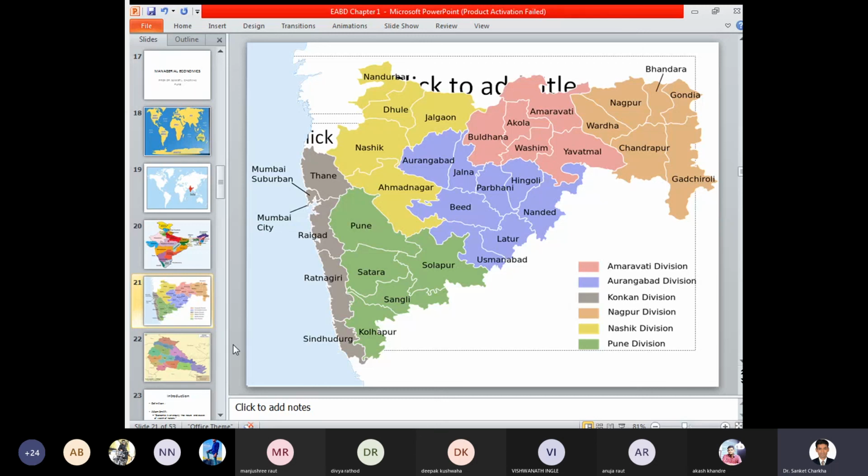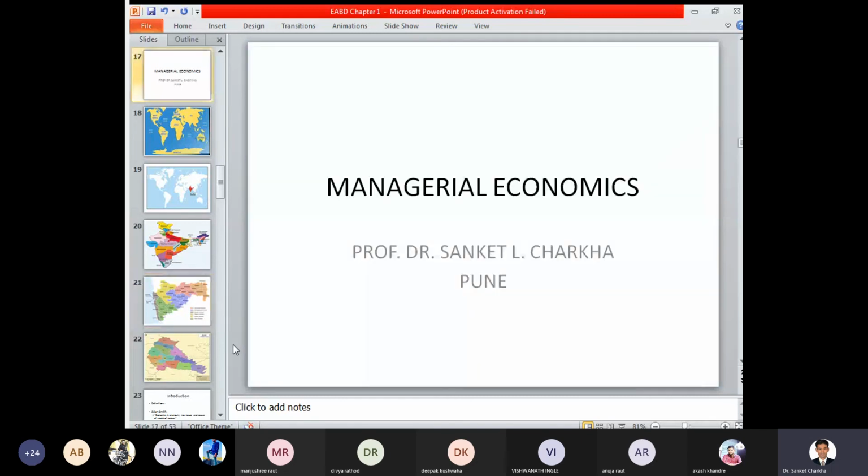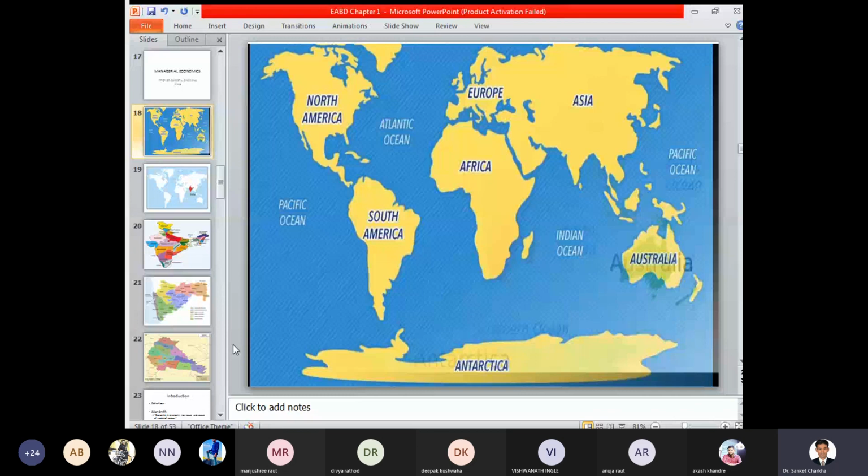Now, whenever we focus, what we are doing is moving from macroeconomics to microeconomics. So from the bigger picture we are coming to a smaller picture. What was that larger picture? The larger picture was, first we were having the